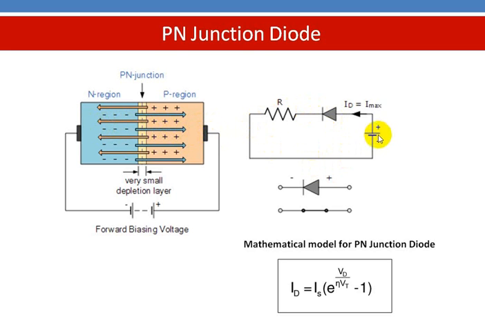So this is the circuit. Here there is the voltage source, the forward voltage, the diode, and a resistance, which is the current limiting resistance. In this circuit, when forward bias voltage is applied, the current will be flowing through the device. When it is forward biased, it acts as a short circuit, and the forward current through the diode is given as saturation current multiplied by e to the power of Vd divided by eta into Vt, minus 1. Vd is the diode voltage drop, and Vt is the threshold voltage or cut-in voltage.